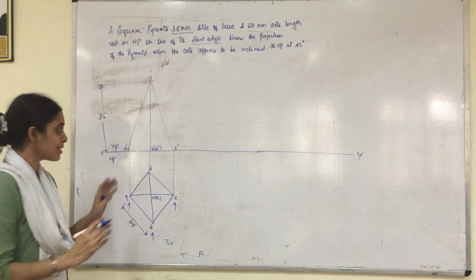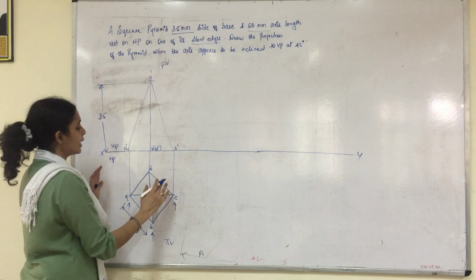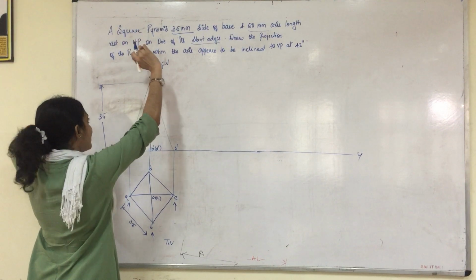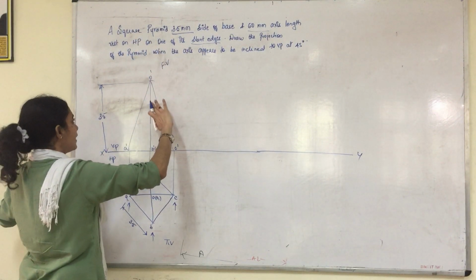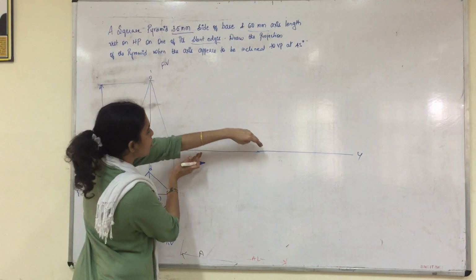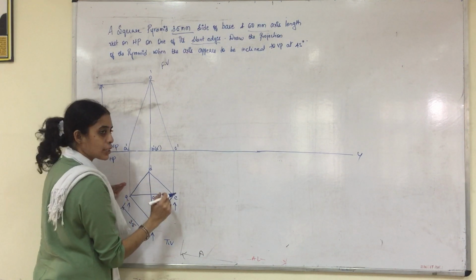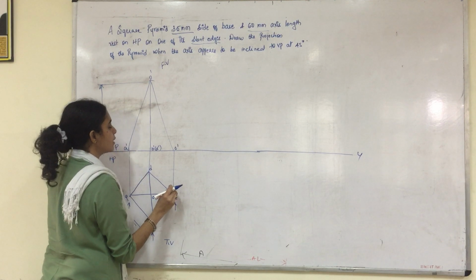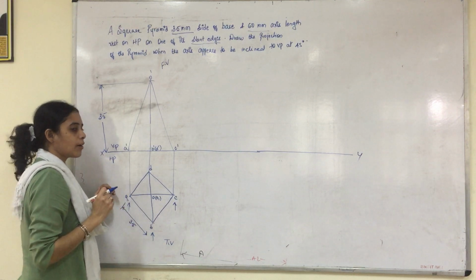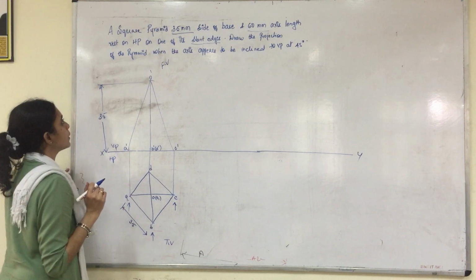So after that, this stage everyone is comfortable enough, because in the question for a regular problem they tell that it is resting on one of its corners, but in a slant edge problem they tell indirectly that one of the slant edges is resting on HP, and to shift this slant edge to rest on HP, you need the position of the square pyramid in such a way that it is resting on one of its corners. Only when it is resting on one of its corners, you can take the projection of the slant edge, or else you get the projection of the straight edge. Okay, so this is how you have to keep the first position.